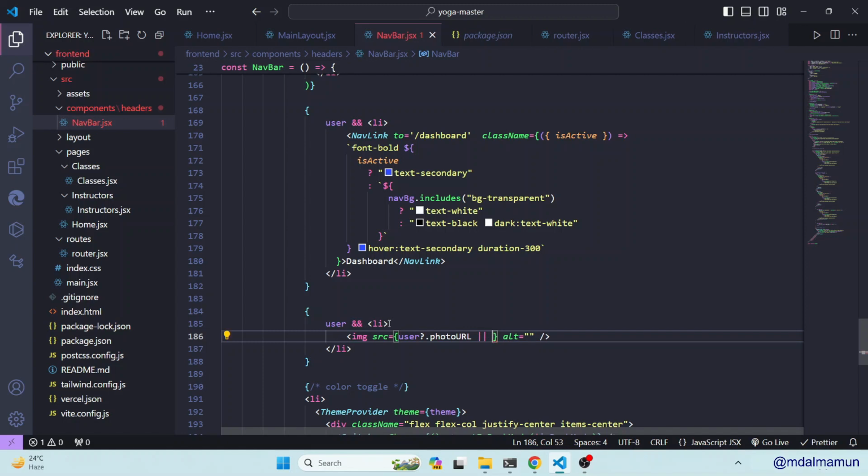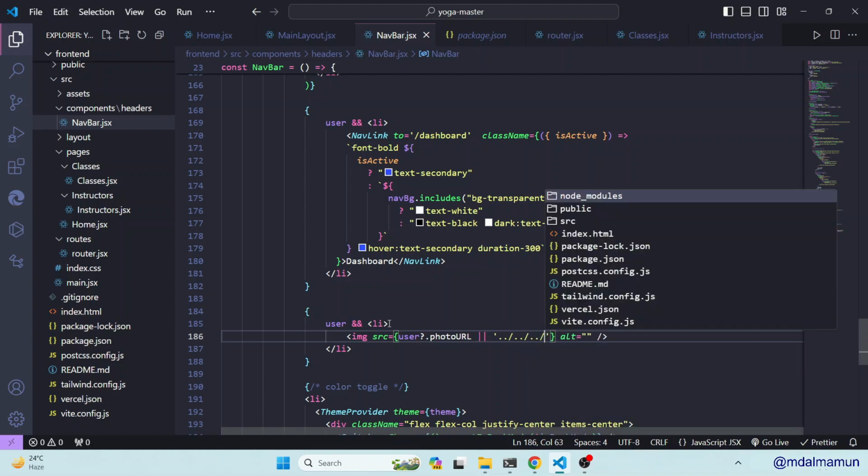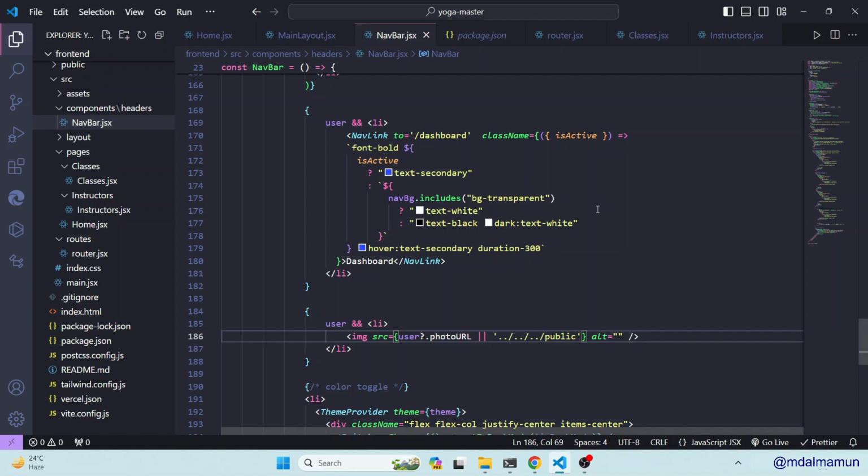Otherwise it will have rendered another photo. So that would be dot slash dot slash public slash,